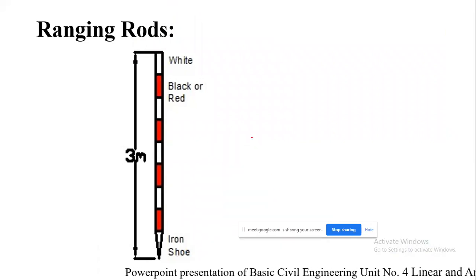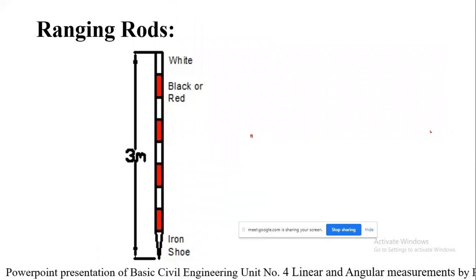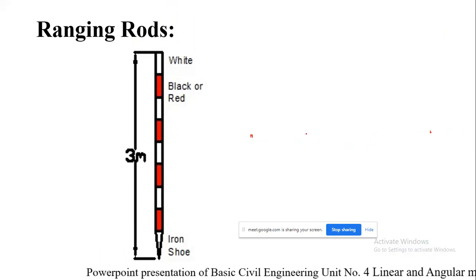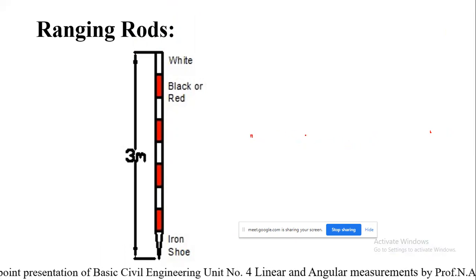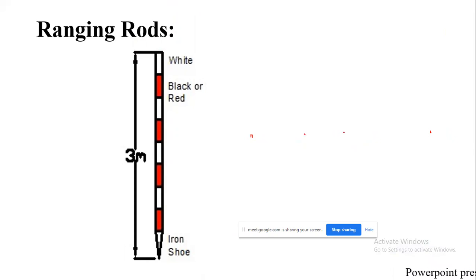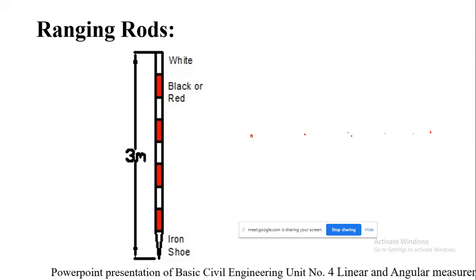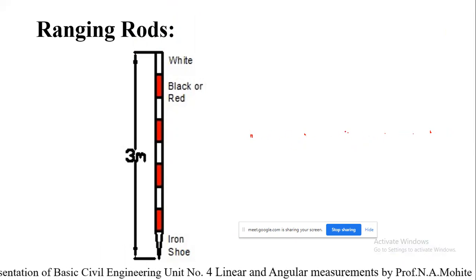If I'm interested in measuring a 100-meter distance, and the length of the chain is restricted to 20 meters, then at the end of each 20 meters you are supposed to take the chain from the first position and move it to the second position, and again measure 40, 60, 80, and then 100. So how are you going to know whether all the intermediate points are in the same line?